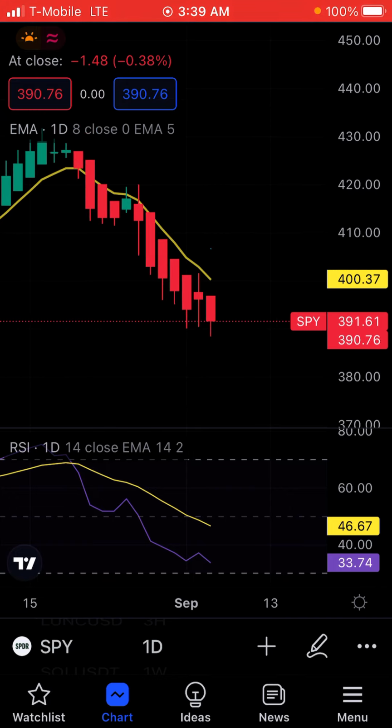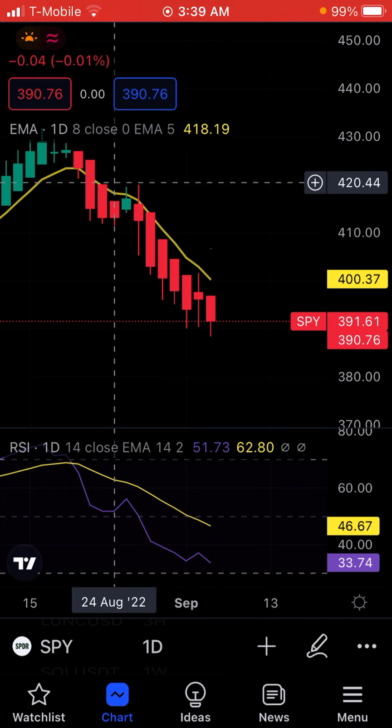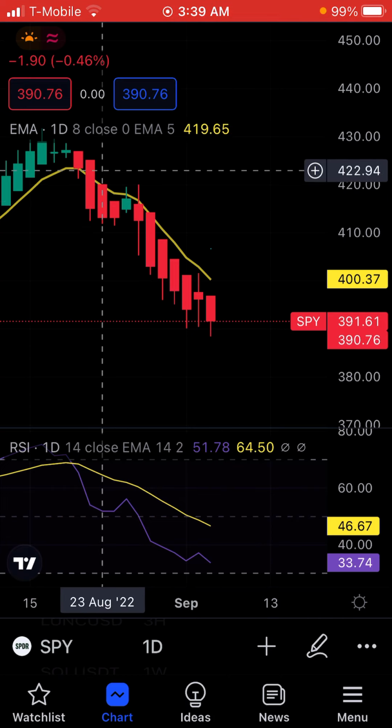My next strategy going forward is looking at it by the day, but waiting till there's a green candle pushing up through the 8 EMA. That's the next time that I'm going to be doing a strategy, and I will be buying a contract for 2 to 3 weeks. So currently what I'm doing is I'm just saving enough to buy that contract while it's going down, because I missed this one right here.